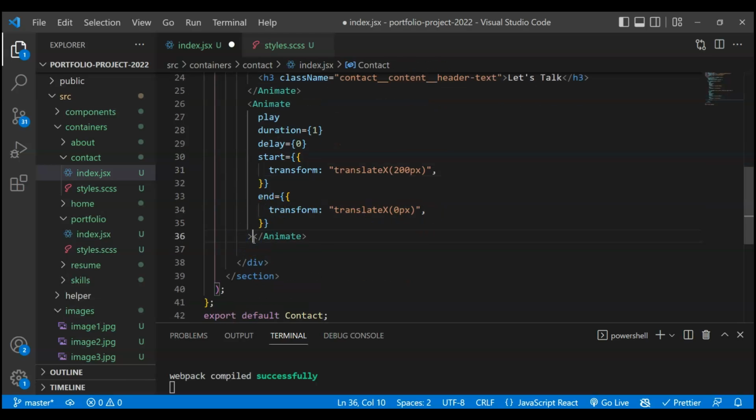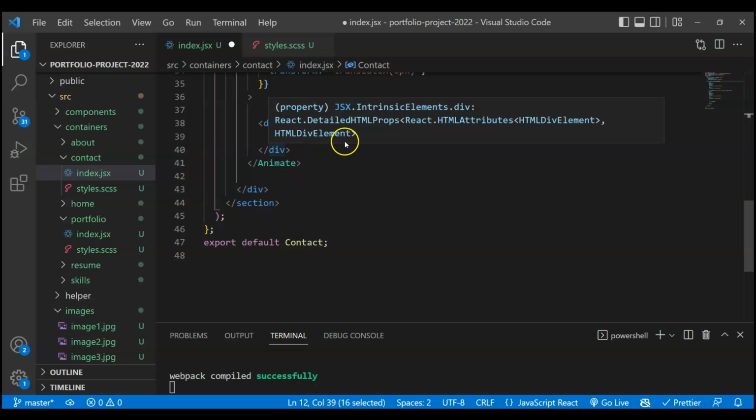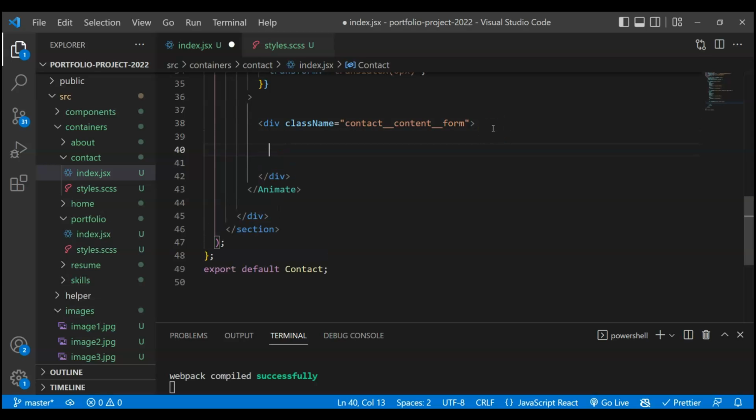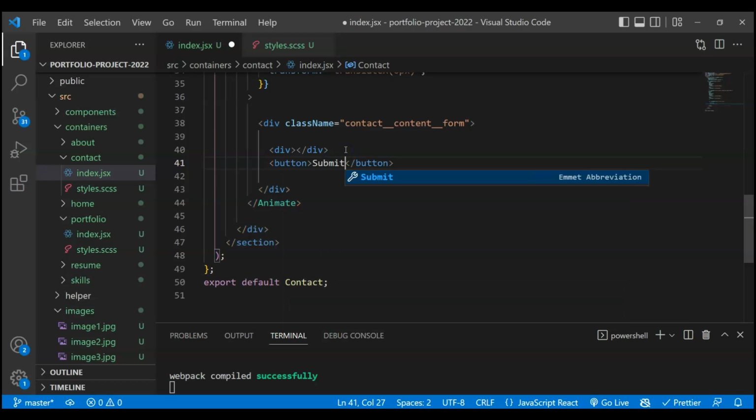Now next thing we have to do, we have to create the form. So for that, let's take a div, and here I'll take a class name, and for the class name we have to take this parent class name, and here we'll give this one as form. All right, now let's take here another div, and here basically we have to take the button, and for now take this one as submit. Here we have to take the class name, so we'll copy this class name only, and let's give this one as, for example, controls